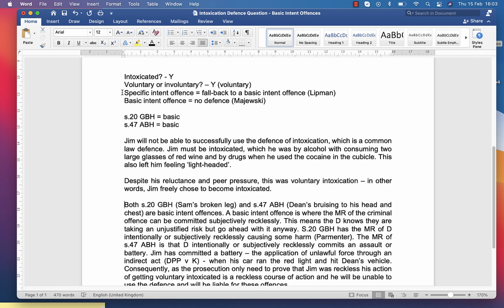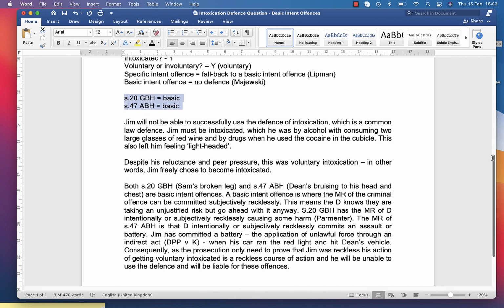So all we're left with is determining whether basic or specific intent offences have been committed here. Well, because this is a 10-mark question, as I said earlier, we already know this, don't we? Basic. So that forms the basis of my last part here of the paragraph, probably where I'm doing most of the writing. So you need to, for AQA certainly, and assessment objective 1, knowledge and understanding, explain, if you will, the mens rea of the offences, just to be clear.